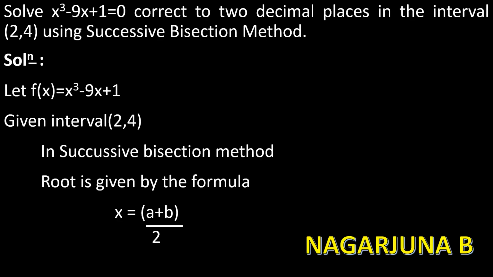If the intervals have not been given, then we need to find the intervals by using numbers and substituting those numbers in the f of x. You need to do that process until you get the f of x values, one should be negative and the other should be positive. That means until and unless you get opposite signs for f of x, you need to repeat using a number and finding f of x of that particular number.